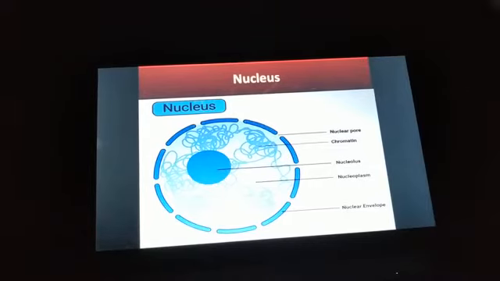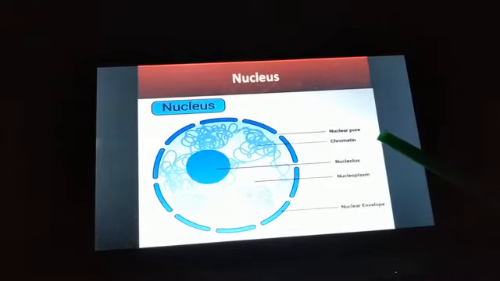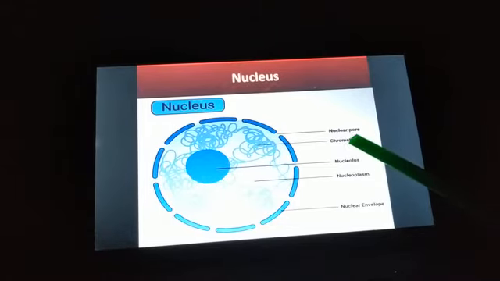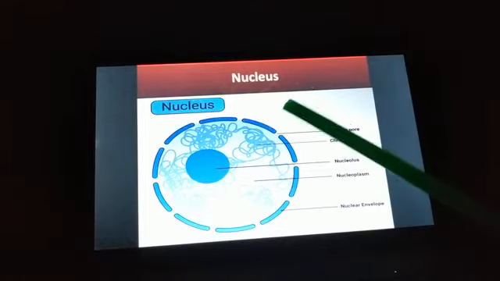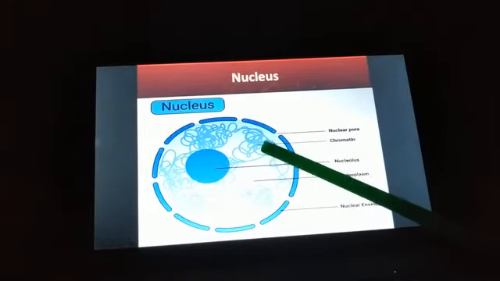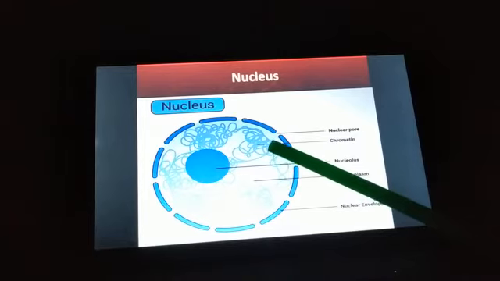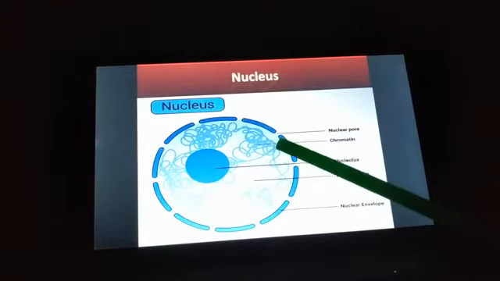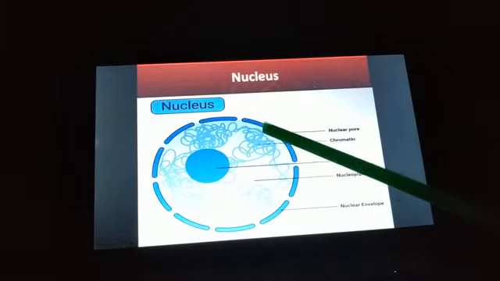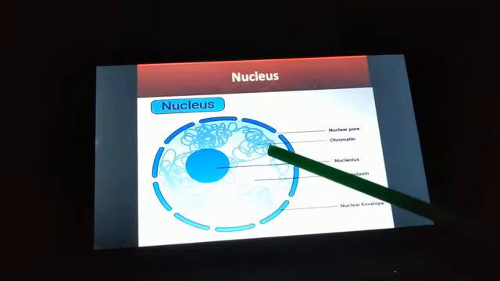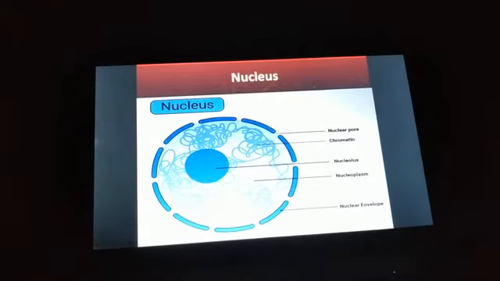So chromosomes are formed when chromatin undergoes condensation and coils itself. By coiling itself, it will form chromosomes. This chromatin contains the genetic material. Our DNA is present in the chromatin, and it also contains a protein called histone protein. So the chromatin contains DNA and histone protein. This DNA and the histone are organized in a bead-like structure and we call them nucleosomes.